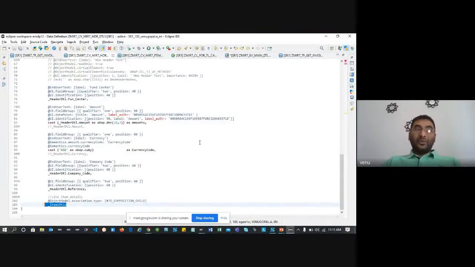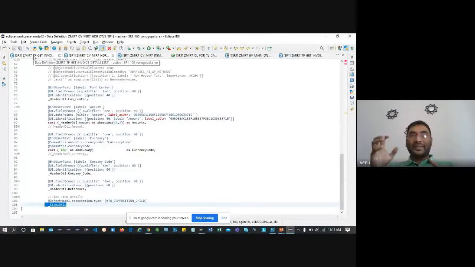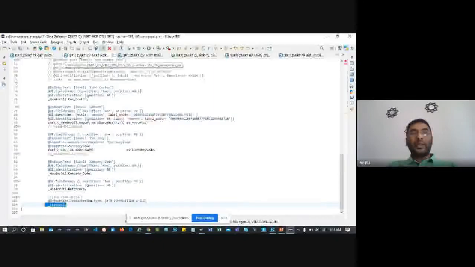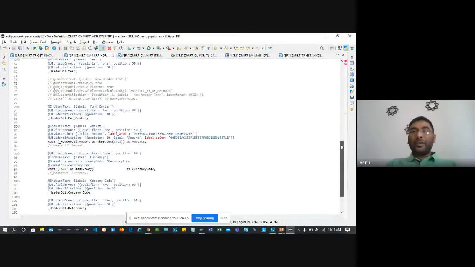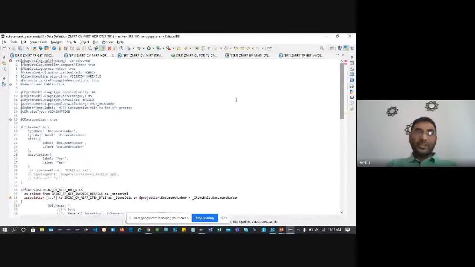Now let's say you understand the business scenario: you created the table function, and you created the AMDP class. The table function is pulling the logic from the class, the class is called by the table function, and the table function is calling your main view, the composite view. And the composite view is again connecting to your item. So this is the view which is going to communicate with your My Inbox application, and it has the call from the table function, and this view is called from your item view.